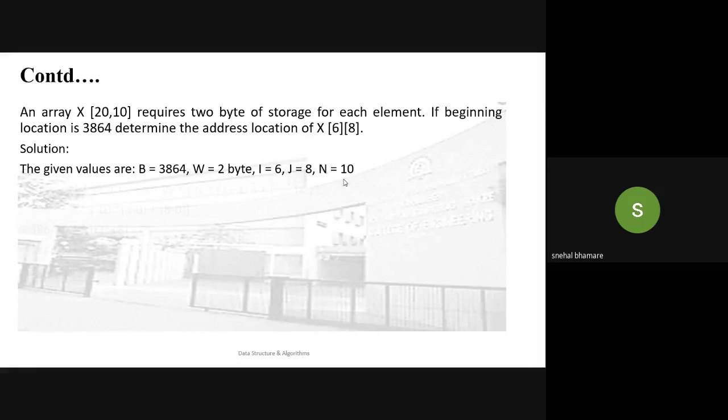These are the given values and this is the formula. Calculate the address and write your answer in the chat box.